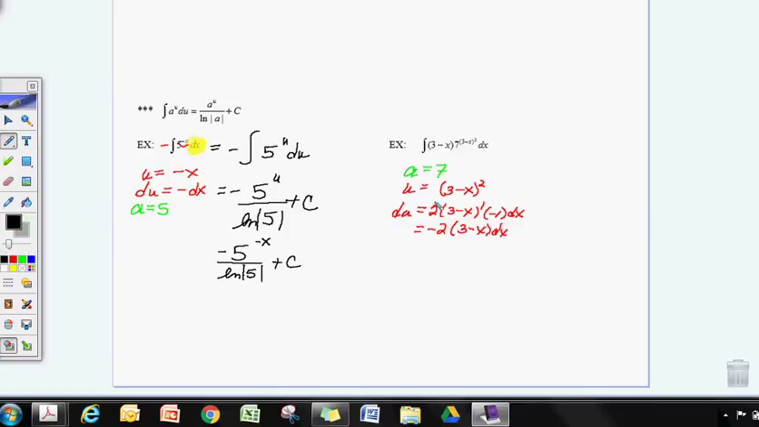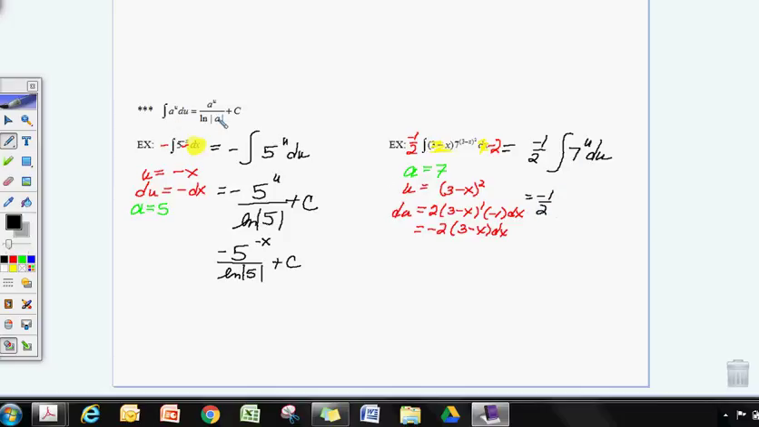Okay, so what do I have? I look for my pieces. I've got my dx, got it. I've got my 3 minus x, got it. What I'm missing is my negative 2. So I put my negative 2 on the inside, which means I have my negative 1/2 on the outside. So when I rewrite this, I now have negative 1/2 my integral of 7 to the u du, which means that turns into negative 1/2